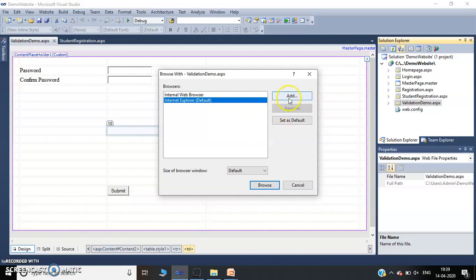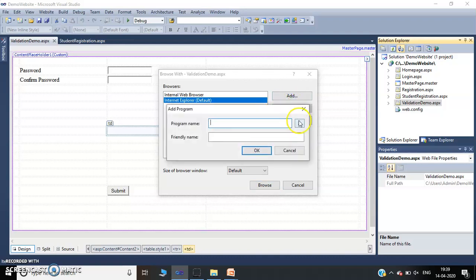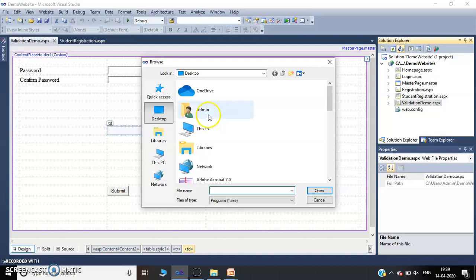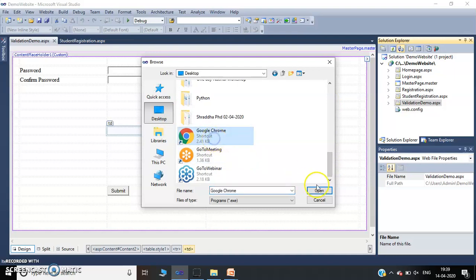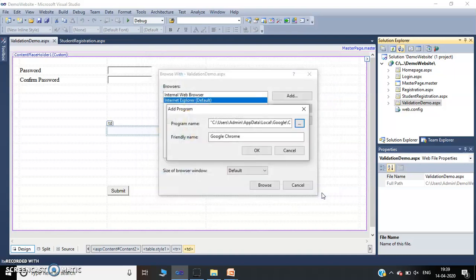So you can choose this by clicking on add and selecting the shortcut. In most cases you don't have to follow these steps. Automatically .NET will create a shortcut for all the browsers installed on your machine.